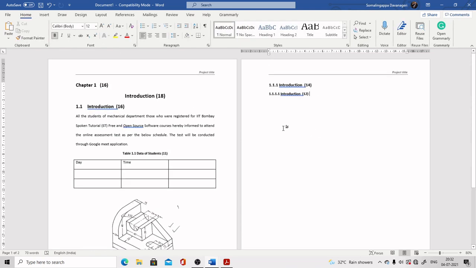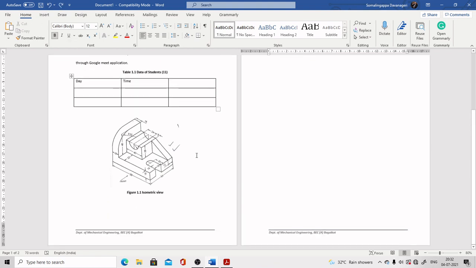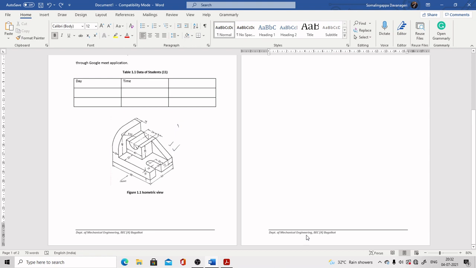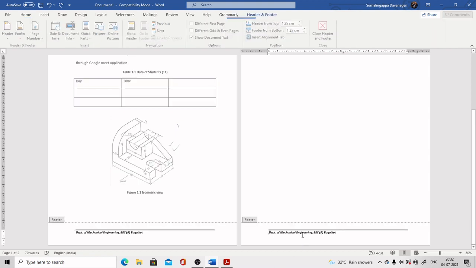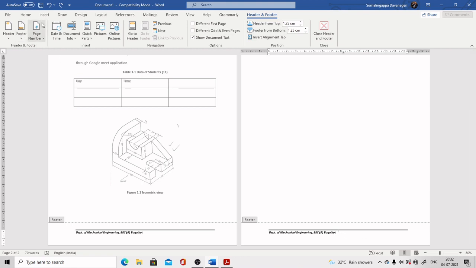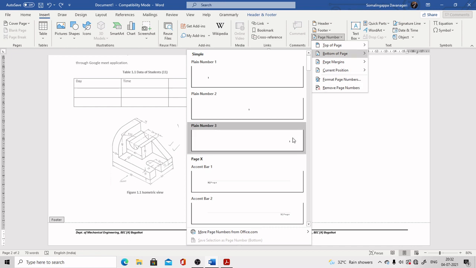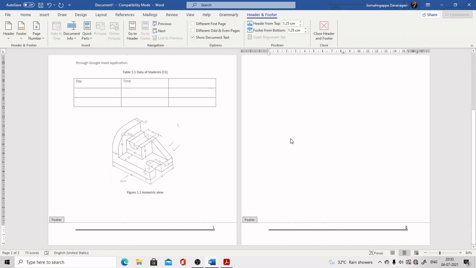Now the footer has gone, we'll just undo. Before that, you open the header and footer spacing. To open it, you can just double click here. Now you click the cursor here, then go for insert, then page number.